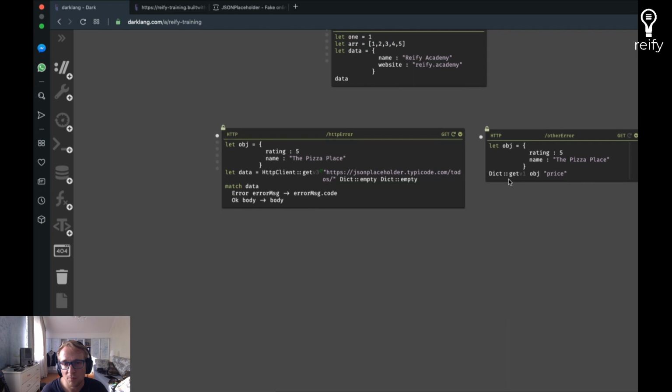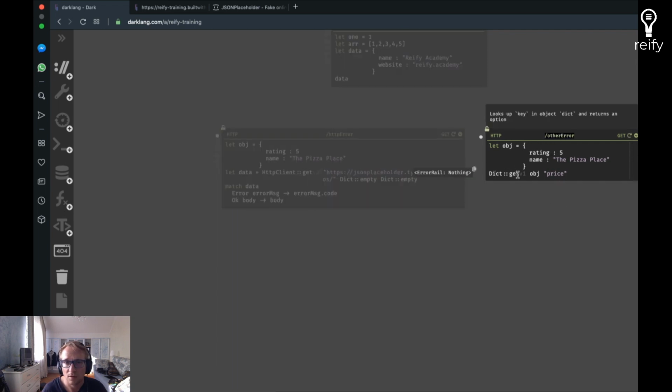The same kind of error handling needs to be done for a number of other functions. One of the ones which I've used the most is dict-get, which is a dictionary extraction function. For example, we have an object and we're trying to get a key from a dictionary, and this key doesn't exist, we get an error rail. Same exact way, we press Alt X, we take the function off rail, then we can rerun this to see what it's like. Now it is nothing, and as soon as it is nothing,